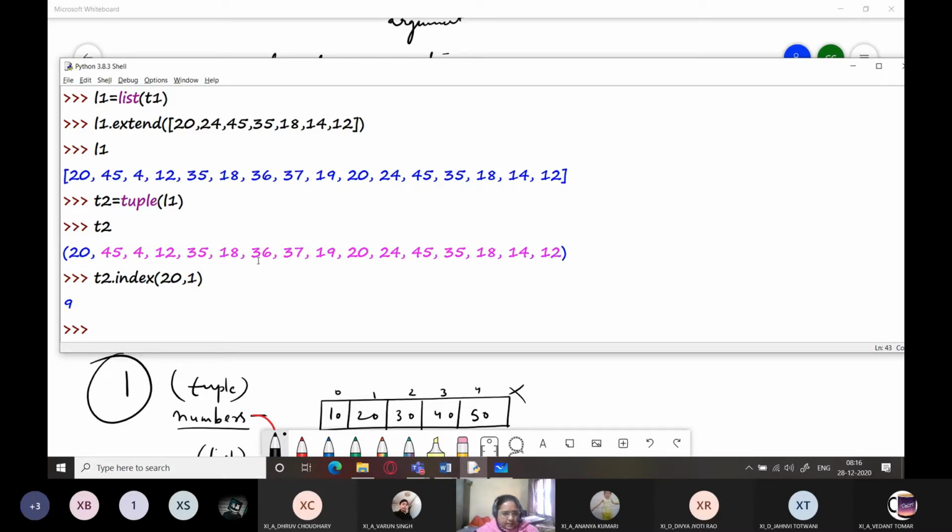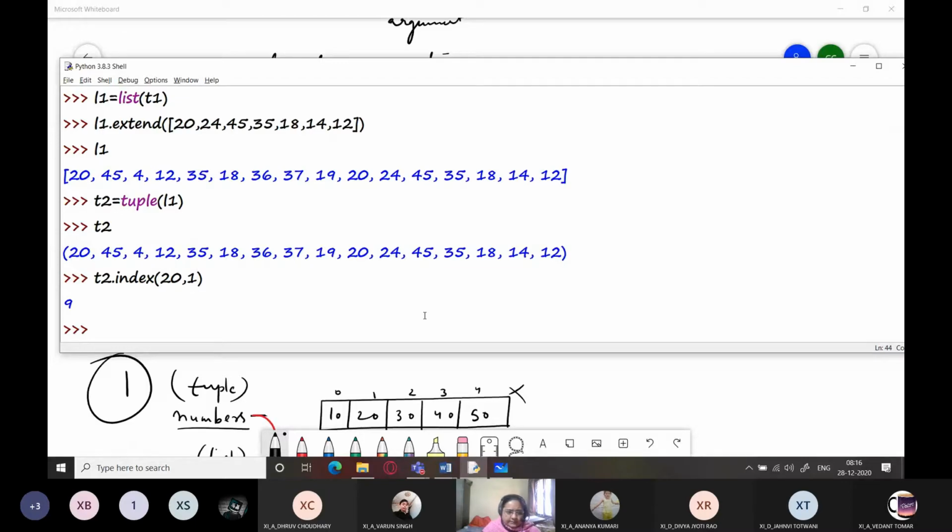The colored part, you can see we had started our search from this 45, that is index 1. Python left out index 0 and it started its lookup from index 1. And within this slice, it found that the index of the item we are looking for is over here, that is 9. You can also stop the search.